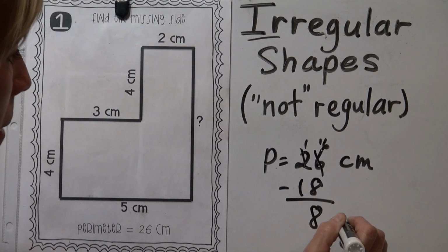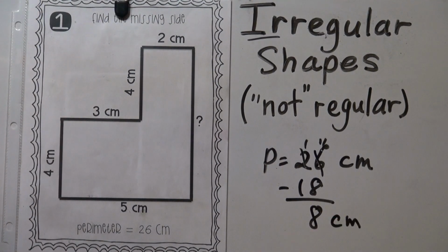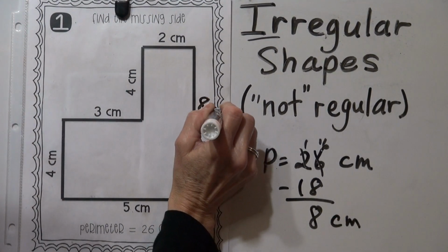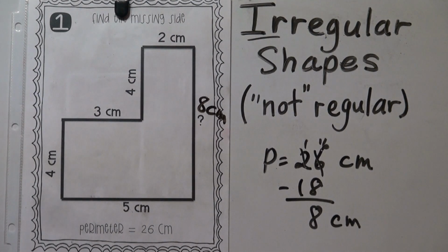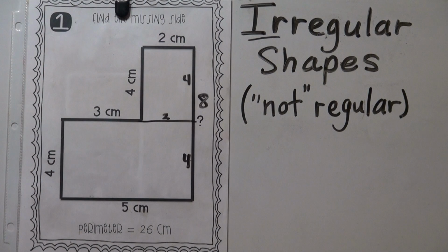And we come up with 8 centimeters for the missing side. We have come up with that 3 different times, 3 different ways. So that's an option if you want to do it that way. Now I know some of you are already wondering about this, so I'm going to go ahead and challenge some